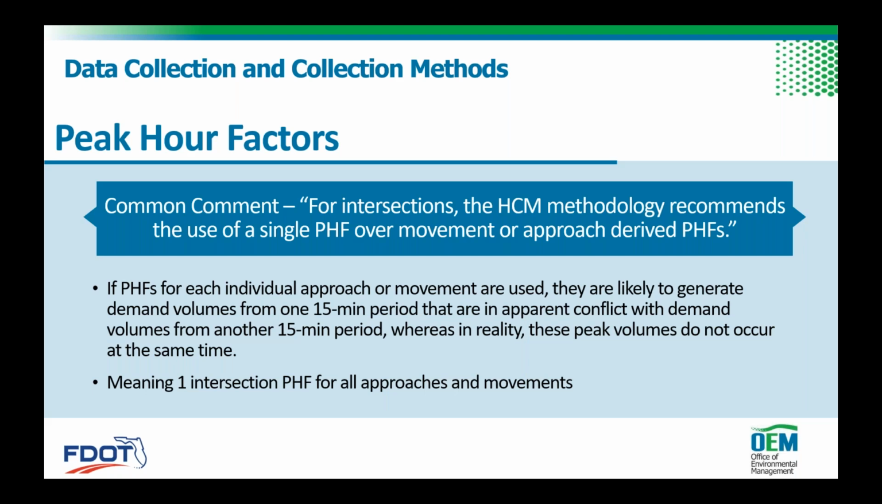So this is taken straight out of the HCM. What this is saying is that instead of doing models that have a peak hour factor for your westbound lefts that differ from maybe your eastbound rights, it's one intersection peak hour factor for all movements. And what this does, it avoids, if you will, a super peak of